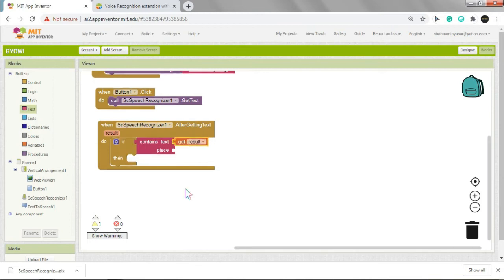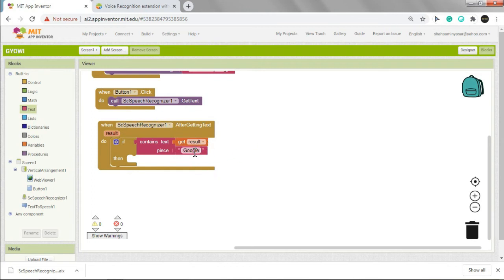If the result contains the text like Google, then copy and paste it. Remember the Google, the first letter G should be capital and the rest of the letters should be small.